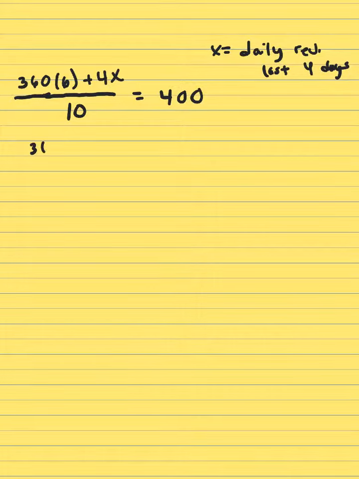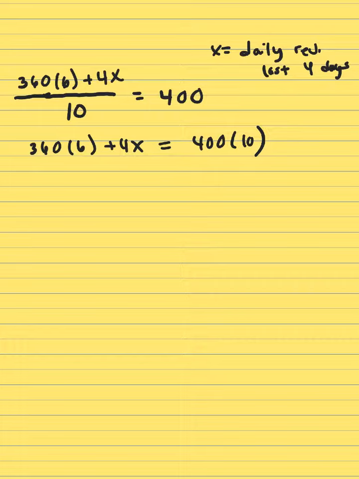We've got 360 times 6. You know what I'm going to do first? I'm going to multiply both sides by 10. No, I'm not. Yeah, I am. I'm not going to multiply it out yet. I'm just going to write it like that. And then 6 times 0 is 0. 6 times 6 is 36. That's 18, 19, 20, 21. So 2160